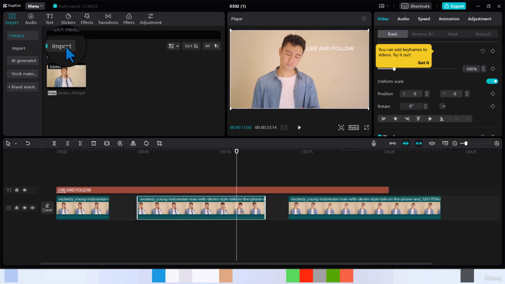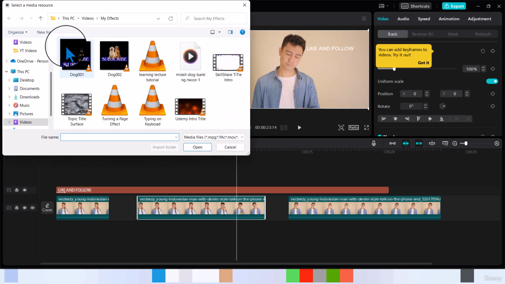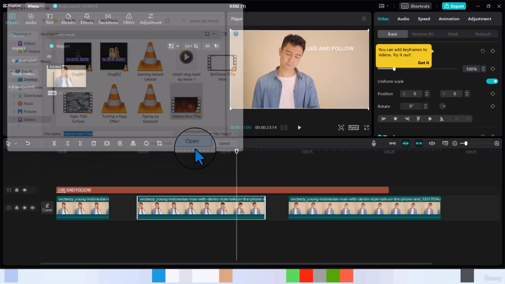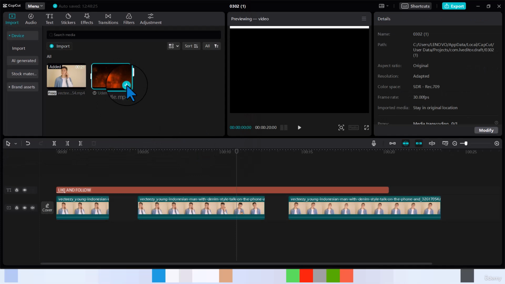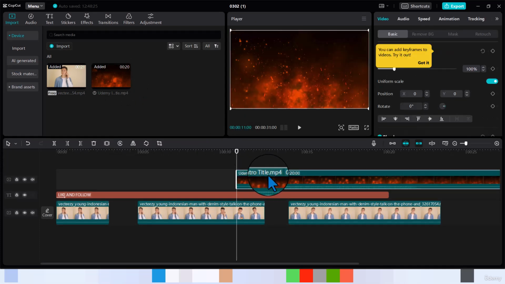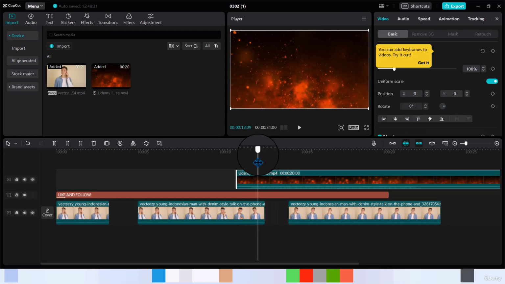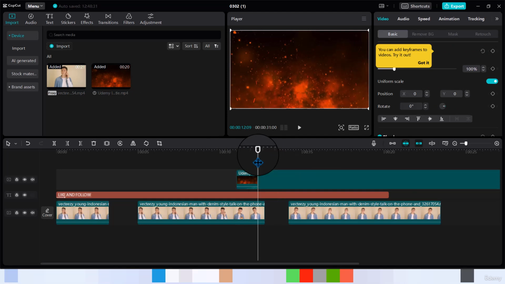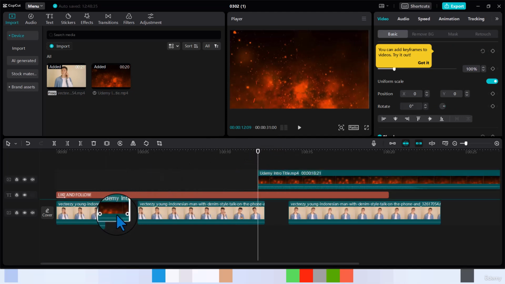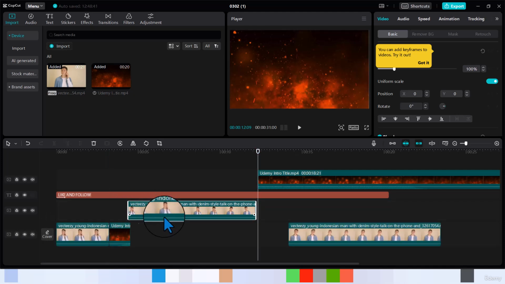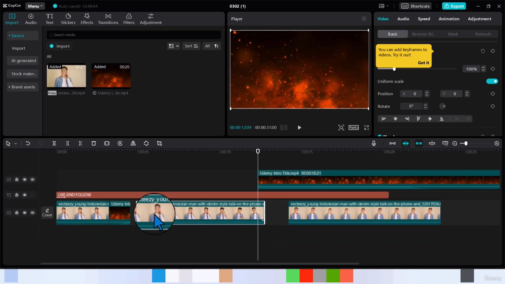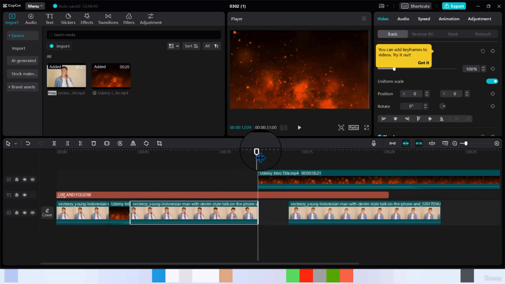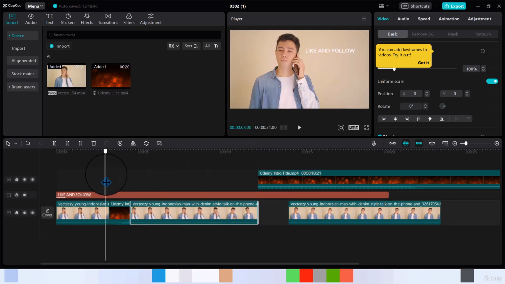We can now go import and then import our unique style. Maybe this is what we want. Okay, we can just bring that in. For instance, just cut it a bit here. So we do Ctrl B once more. So we'll cut that bit and we can just bring it in here like that, and then we can just add that. Okay, you can just add that, and now if we play this video just from somewhere here, this